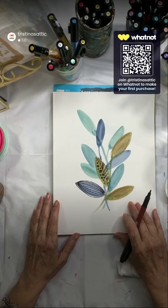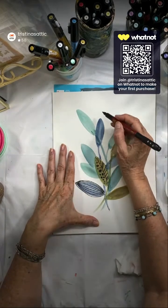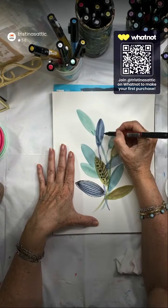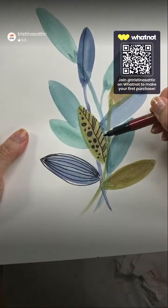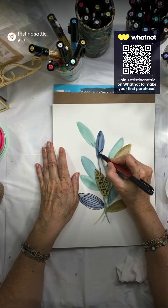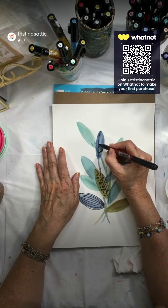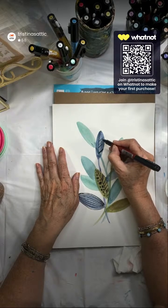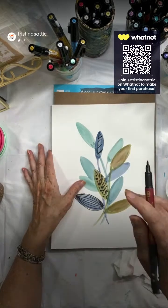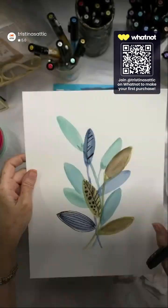And then what are some of the other designs that she uses? She'll just do a random one where she'll put a line down the leaf. And then instead of being more symmetrical like this one is right here, she will do something like this. So there's a thick one, and then maybe a thin one, and then another thin one, and another sort of thin one, and then maybe another thick one. So something a little more random like that one right there. Okay, so that is